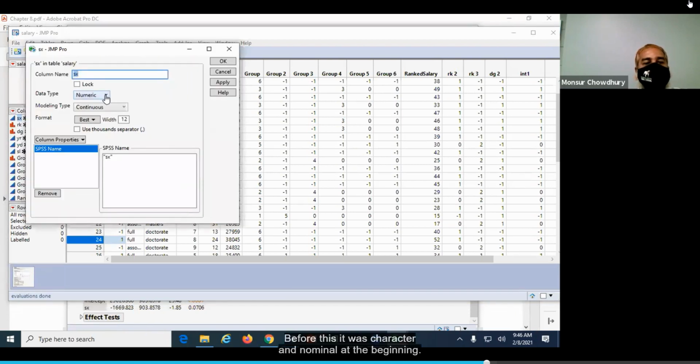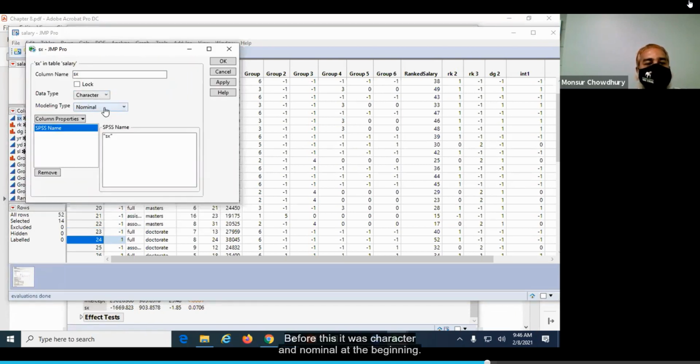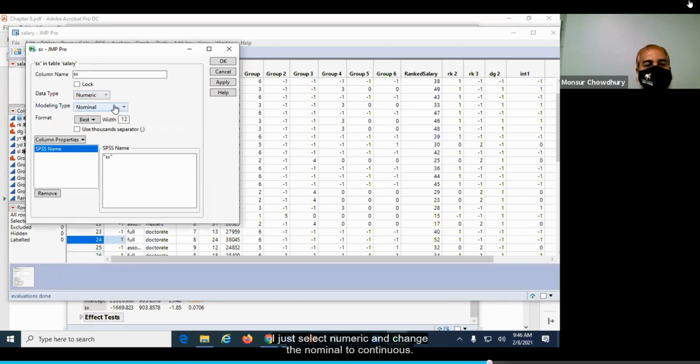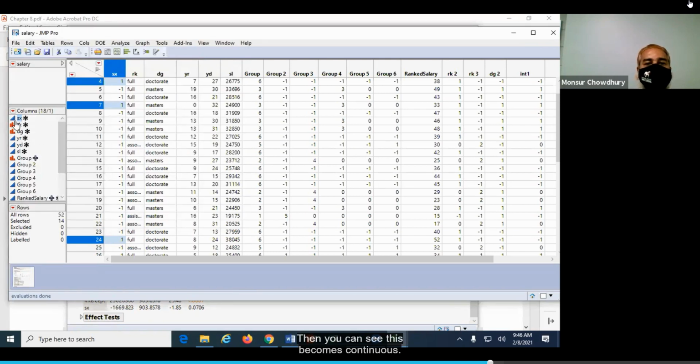Now in Column Info, before this it was character and nominal at the beginning. Now I want to change it to numeric, so I just select numeric and change the nominal to continuous. And then you can see this becomes continuous.